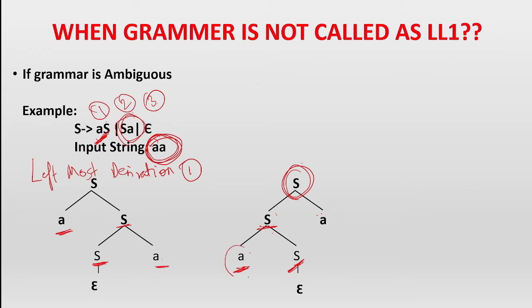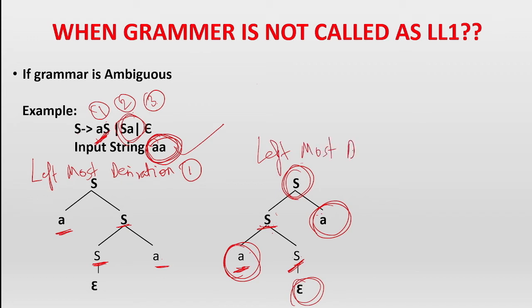So now we got the two a's. One a is over here, one a is over here. So two a's are already received. The input string given is aa only. We need to get two a's only and we got it. So now we don't need more a's. So from this S you can go to epsilon. Epsilon means nothing, empty. So the third production is S goes to epsilon. So this is another parse tree, and it is also a leftmost derivation because we have scanned from left to right only. So now we got two leftmost derivations for the same string.